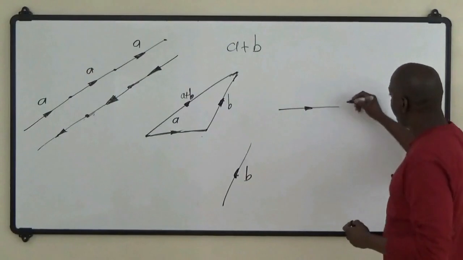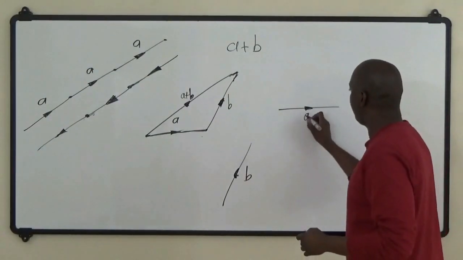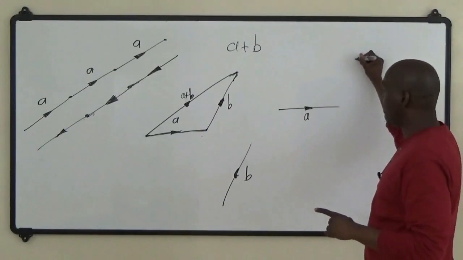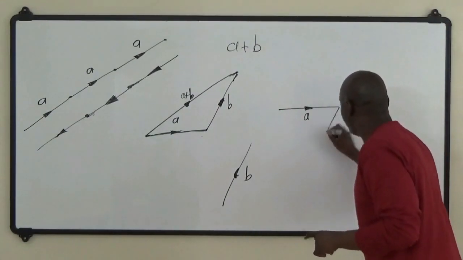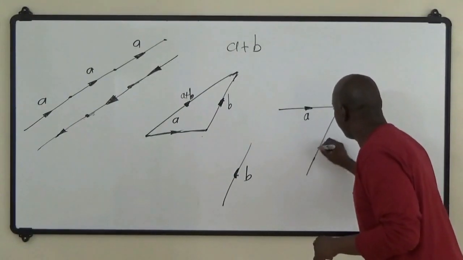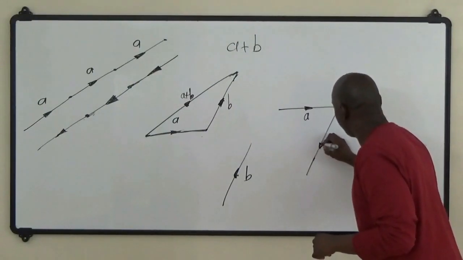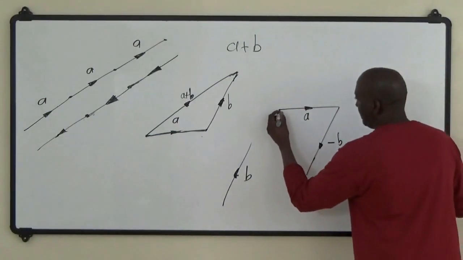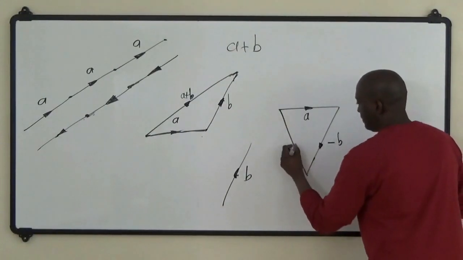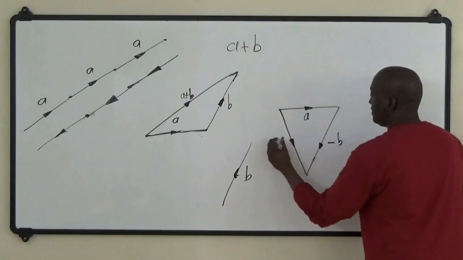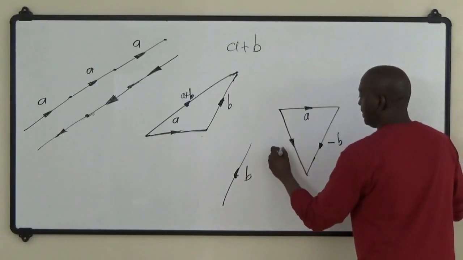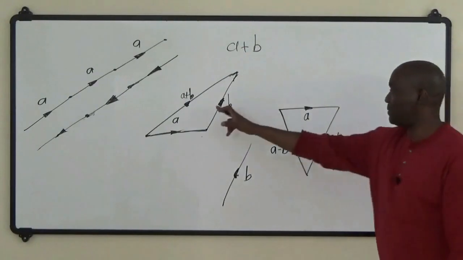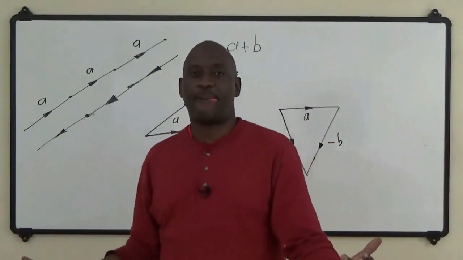and instead of going in the direction of B, so this is A, we're looking for A minus B, right? So this is A, but instead of going plus B, which would be the direction of B, we go in the opposite direction. So this would now be A, right? So this here is minus B. So from here to here would be A minus B. Yeah? This would be A. This vector here will be the vector A minus B. And that's basically it, you know. Now you realize that different triangle here as opposed to here. But that's the nature of the game. Right? So in other words,